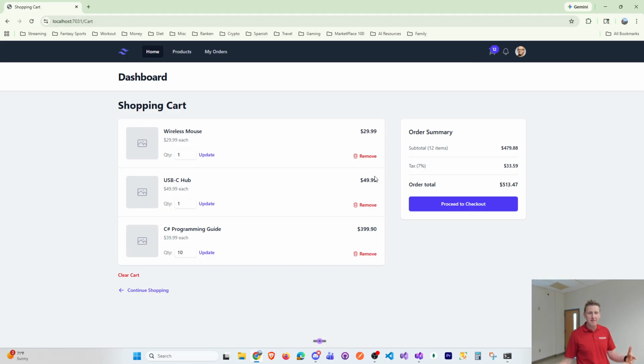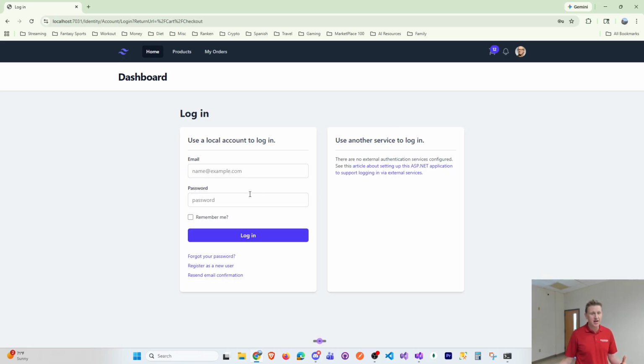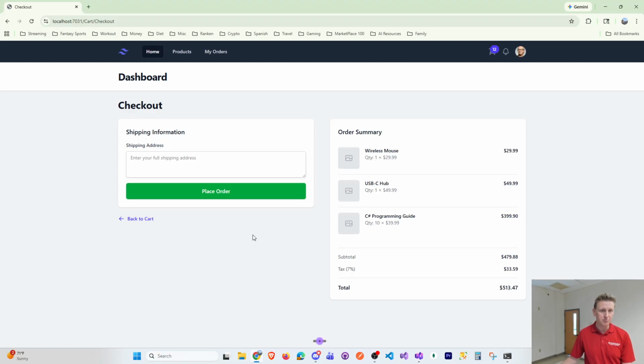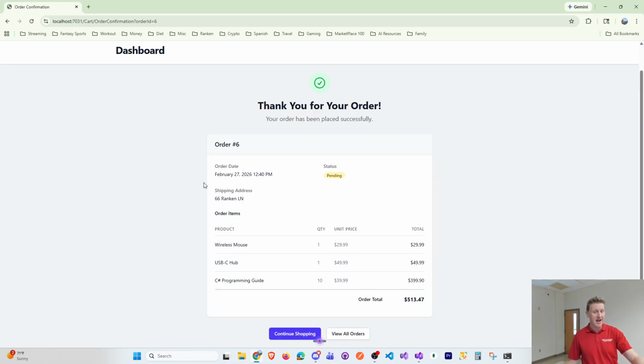And so ultimately what that means is, you can clear the cart, but you can proceed to checkout. You're going to need to log in. This is pretty simple, authorization rules. Provide an address and actually place the order. So this is also a view model. Place the order. Now we have orders,